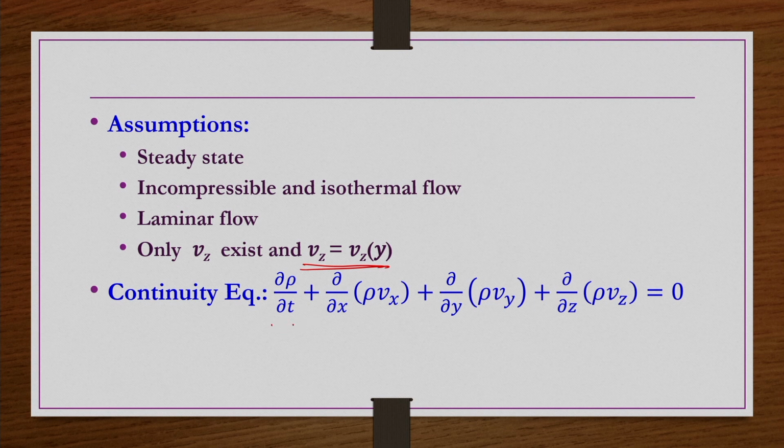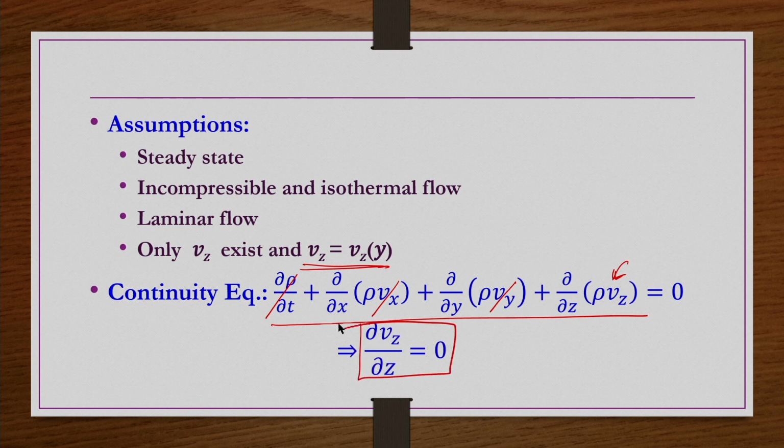So, here also Cartesian coordinates are applicable. So, then if you apply the continuity equation here, what do we have? Steady state, so this is 0, Vx is 0, Vy is 0, right. Vz is not 0, but whether the material is under fully developed flow conditions or not, that also we do not know. That is the reason dou by dou z of rho Vz we cannot cancel out. So, what we get from simplifying the equation is dou Vz by dou z equals 0. So, what does it mean? For this flow geometry, when you apply these constraints, you get another constraint, that is the fully developed flow constraint, which you can understand through the continuity equation.